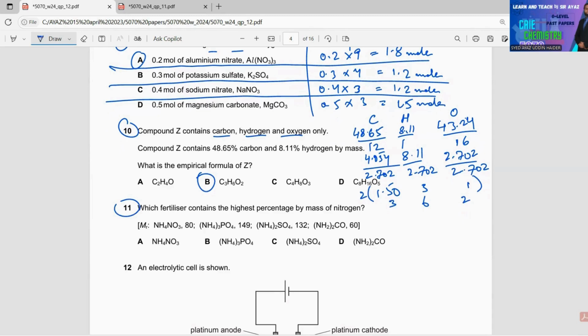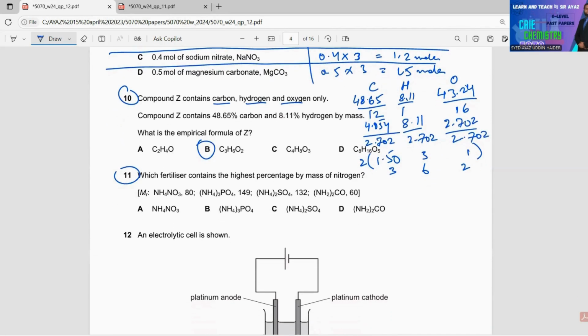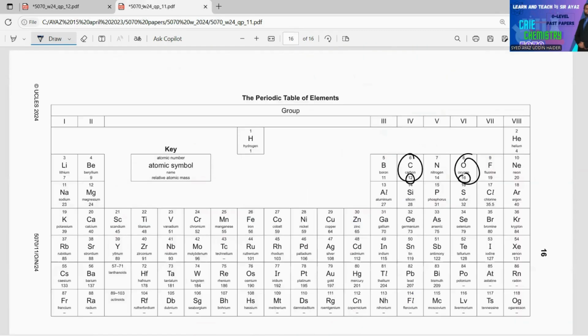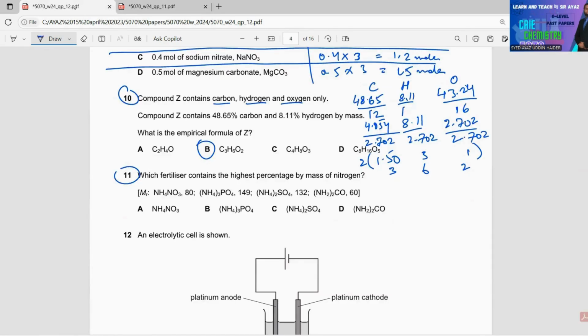11. Which fertilizer contains the highest percentage by mass of nitrogen? Now we need to calculate the percentage by mass of nitrogen in these fertilizers. MR of these fertilizers is given. For NH4NO3, there are two N atoms. You know the AR of N, it's 14. So here I will multiply 14 by 2, multiply by 100 and divide by MR. So 2800 divided by 80,